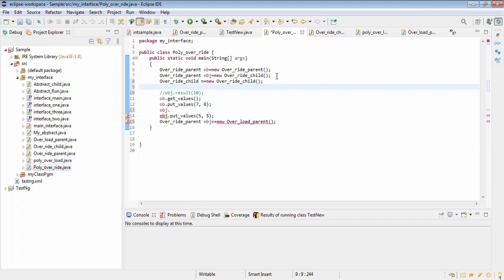So we are calling the parent methods. For that line, we get the parent methods because it is a parent class. By using the child constructor, we are calling parent methods. Mani, a little bit confused in the answer again.